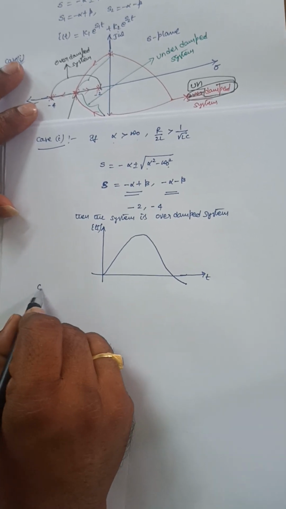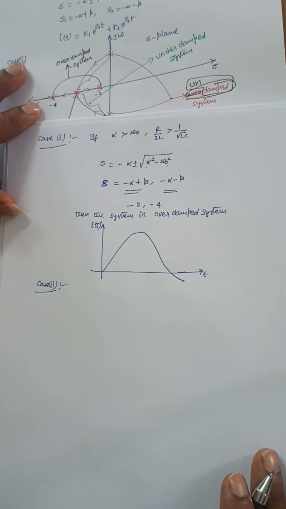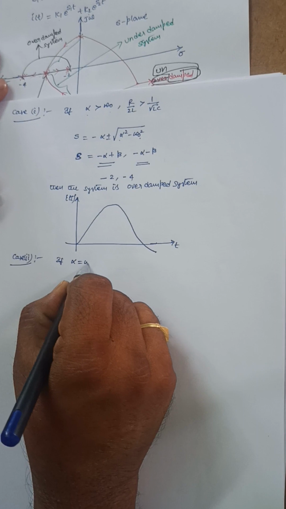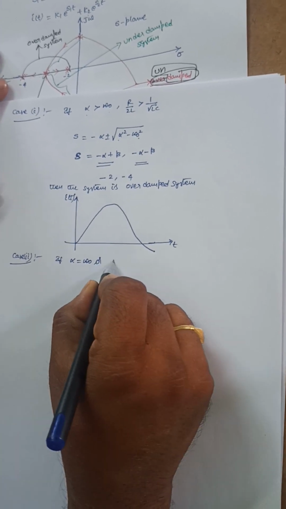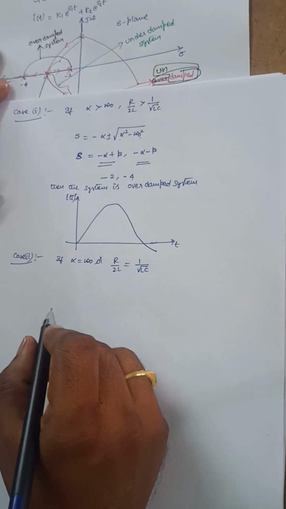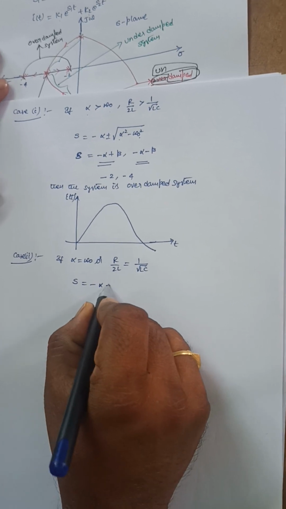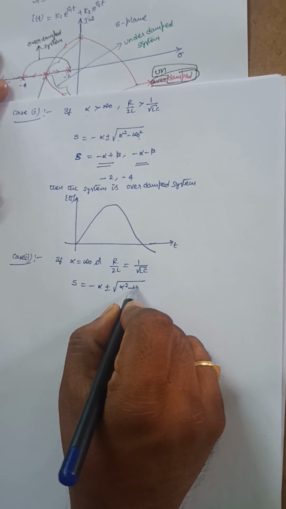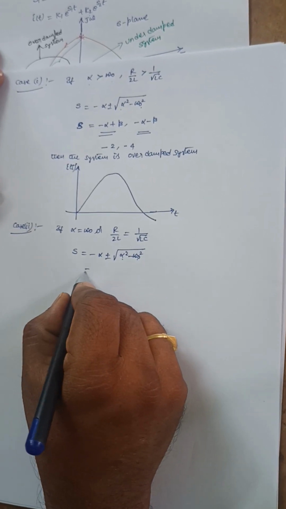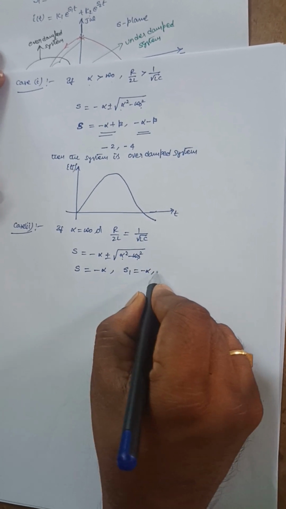Next, case 2. In this case 2, if alpha is equal to omega naught, or R by 2L is equal to 1 by root LC, then what are the values of s? s equals minus alpha plus or minus root of alpha square minus omega naught square. This alpha and omega naught are both the same here. That means s equals minus alpha. That is, s1 is equal to minus alpha, s2 is equal to minus